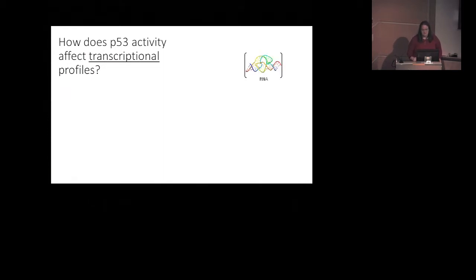Most people approach this by starting with the RNA. Take your cell, pull out all the RNA, activate p53, pull out the RNA, and ask which ones differ. And the problem with this is that it is not a representation of transcription. RNA is a function of what's being transcribed, but also a function of what's being degraded. And so any changes in steady state may be changes in transcription, but they could also be changes in steady state RNA. So we need a different approach than your classical RNA-seq if we really want to ask questions about